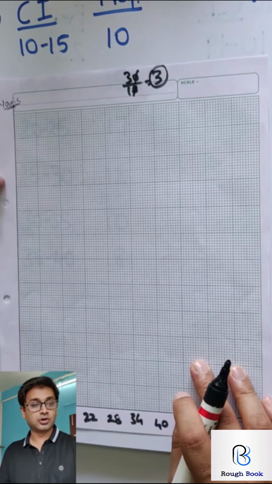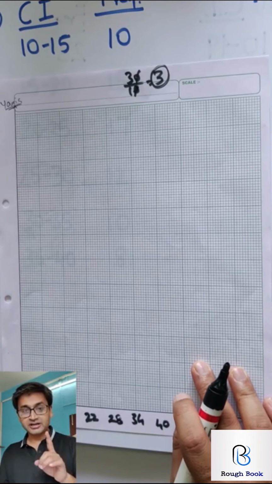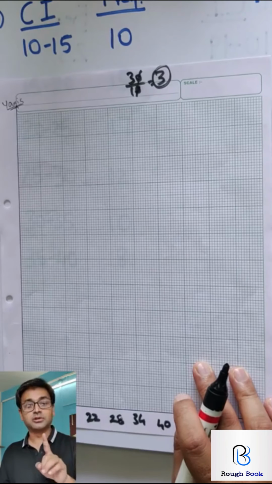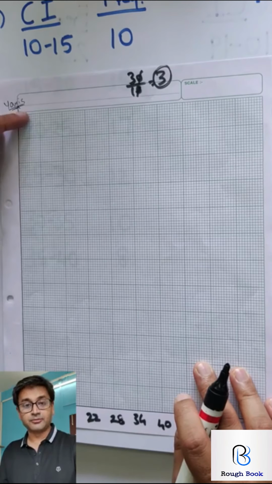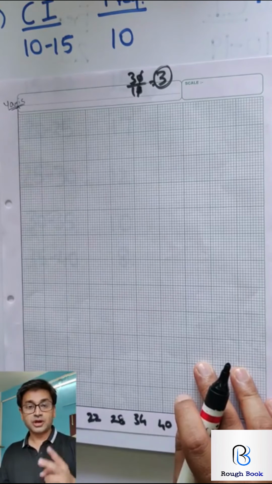3, 6, 9 and so on. So are there enough multiples of 3? Possibly yes. But to divide 3 is going to be a task. So can I take 2? If I take 2, maximum 30. That means I'll need 15 blocks. But on a sheet of graph, you just have 12 blocks vertical. So I can't take 2.